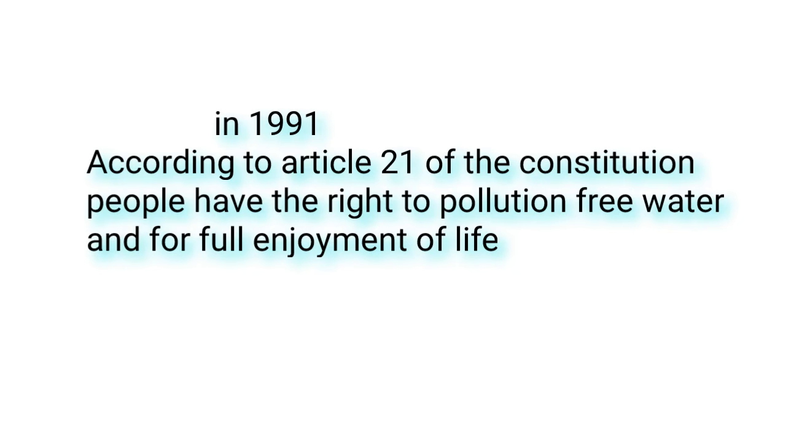The court has given a number of judgments to protect the fundamental rights, that is the right to life. In 1991, the Supreme Court gave a judgment that according to Article 21 of the Constitution, people have the right to pollution-free water and to the full enjoyment of life. That is, the right to an environment and water free of pollution. Who should do this? It should be done by the government. It is the government's responsibility to make policies and laws to prevent pollution, and as well